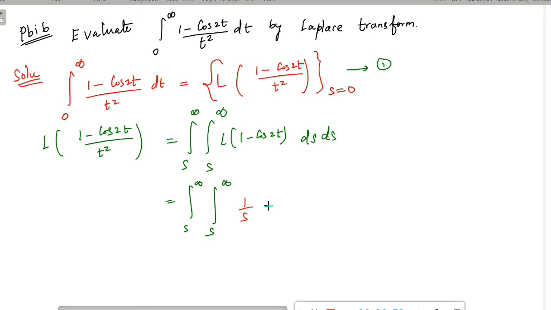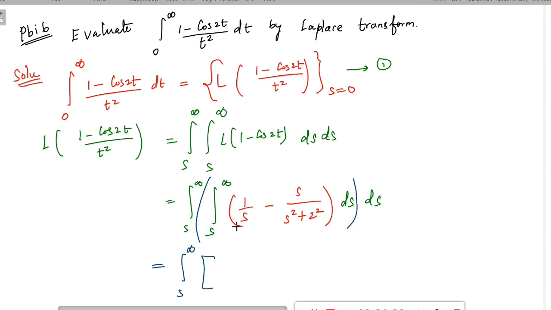L of 1 minus cos 2t is a difference of two functions, so you can use the linear property. Individually you can find the Laplace transform of 1 and cos 2t. So s by s square plus 2 square. If you find the Laplace transform, you may get it like this. Now I am going to integrate with respect to s first, which is equal to the integral from s to infinity. If you integrate, you get the integration of 1 by s is log s